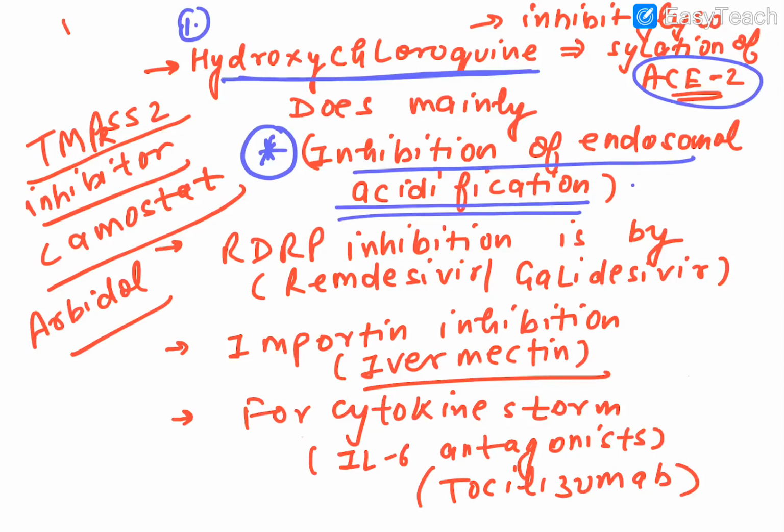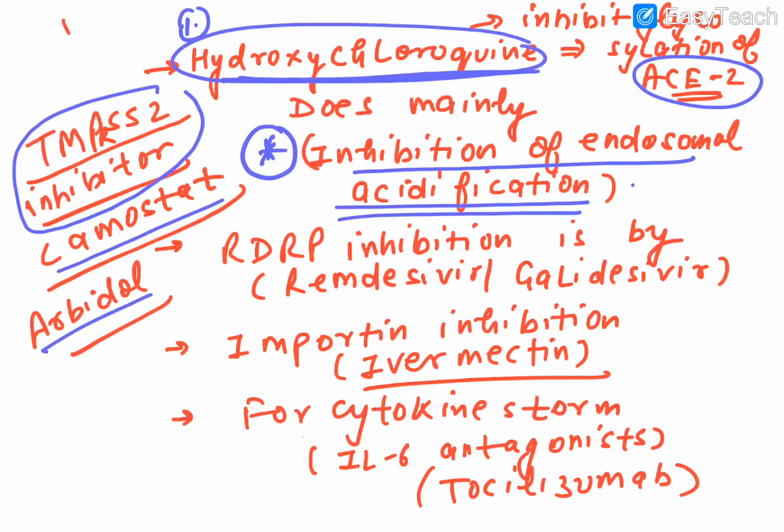Whereas we talked about entry inhibitors, besides hydroxychloroquine, another drug is there which I think can come in the exam. That is the transmembrane protease serine 2 receptor inhibitor, termed Camostat mesylate, and another one is Arbidol. So 3 drugs are there which are said to inhibit the entry. Nothing is proved in corona regarding the drugs and all. So one is hydroxychloroquine, one is Camostat, and one is Arbidol. And the main function of hydroxychloroquine which you need to remember is the inhibition of endosomal acidification. Fine. Then this is the first.